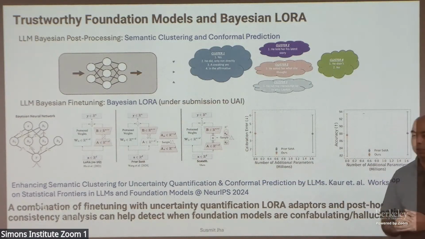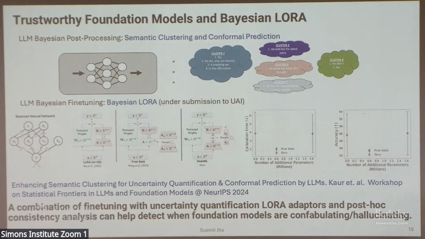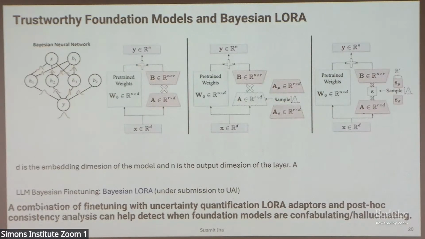We have a new line of work which was about trying to fine-tune the model to make it well calibrated. I'm sure you are familiar with LoRA, which is a really efficient way to adapt the model, fine-tune it with less data and make it learn new skills. What we looked at is whether we can have a Bayesian LoRA, where the LoRA itself is a small Bayesian network, and it learns to assign uncertainty to the predictions that the large language model makes. And this is the rough architecture of how it looks.